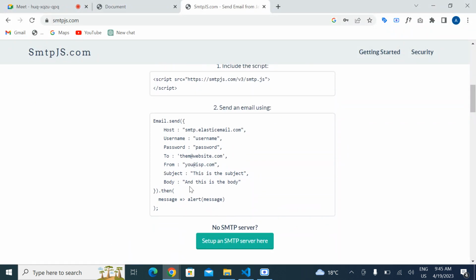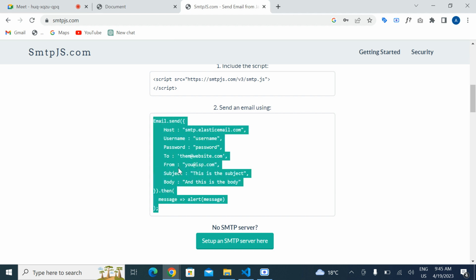The next thing is I have to send an email using this SMTP server. So I will not send an email using this method. Why? What's behind it? Because sometimes it will work and sometimes it will not work. The reason is because